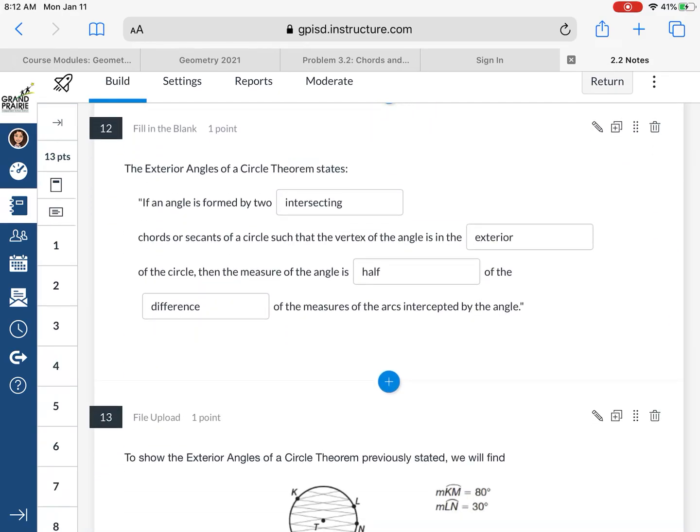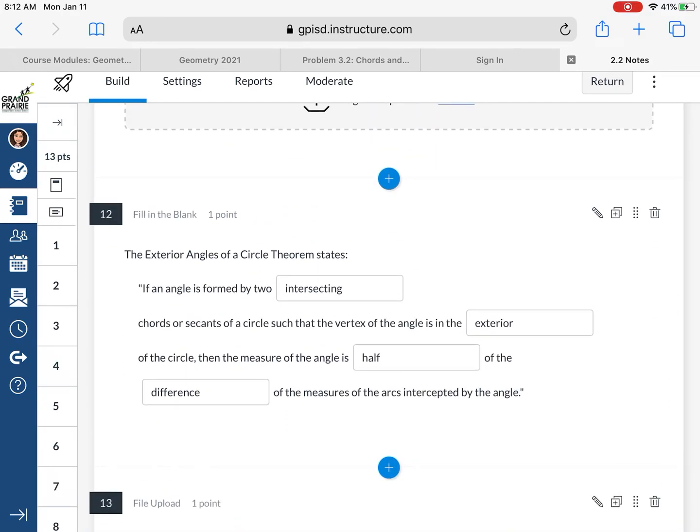All right, moving on to question 12. You have a fill in the blank question here. This is the rule that we just talked about, the theorem that a mathematician had to sit and prove. And basically this theorem states that if an angle is formed by two intersecting chords or secants, and we also know that we can have two tangents in a circle, such that the vertex of the angle is in the